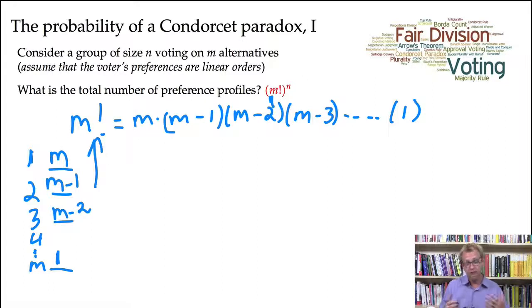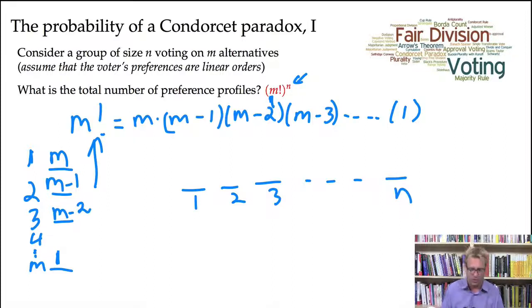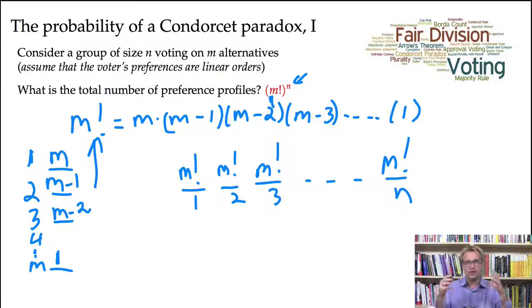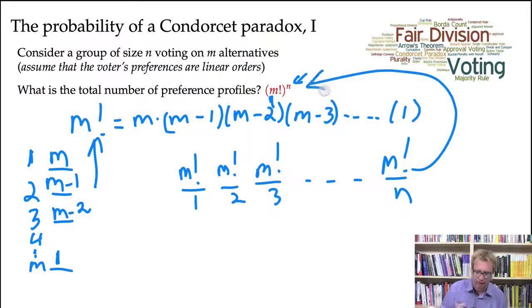Now the reasoning for why we're raising this to the nth power is exactly the same. You write down all of the n voters, 1, 2, 3, up to n, and you note that each voter could possibly select any one of the m factorial possible linear orderings. So there are m factorial possible ways of assigning preferences to voter 1. There are m factorial possible ways of assigning preferences to voter 2, and so on. So every voter has m factorial possible choices. Again, multiplying all of those possible ways of assigning preferences to voters together gives us m factorial raised to the